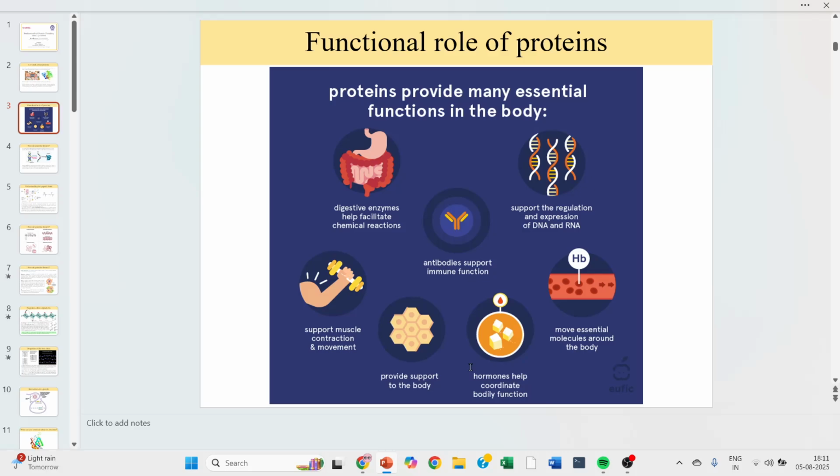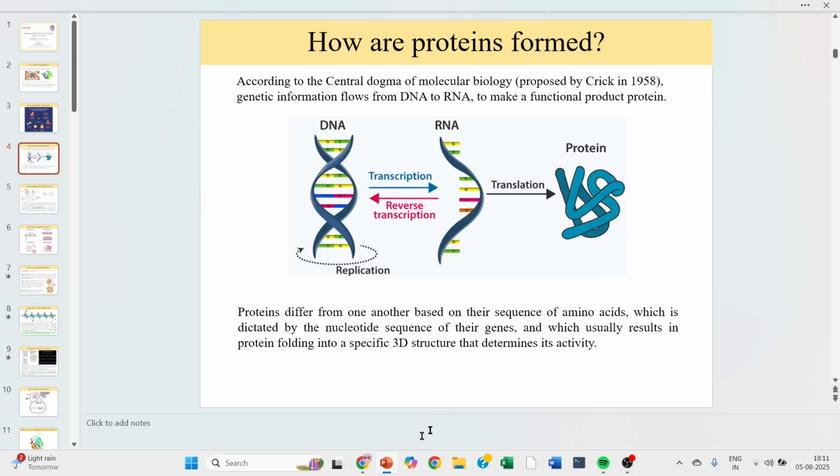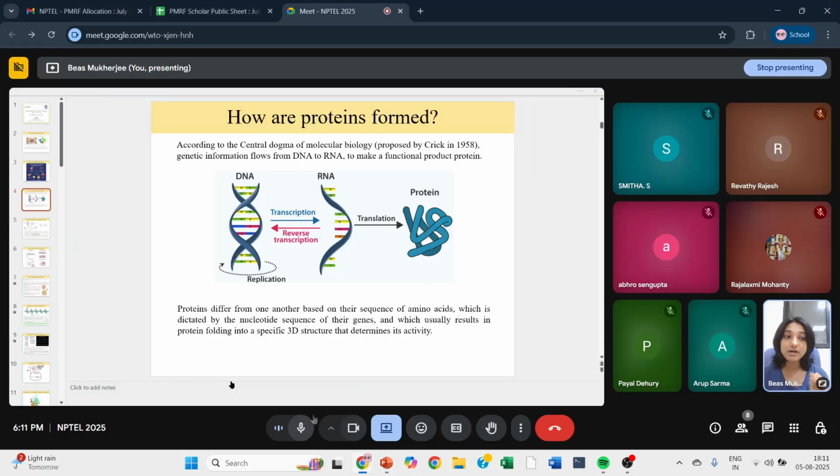This is something that we all agree with. So the entire immune system, a large part of it, is dependent upon proteins. Next. Right. Now you might have already heard about this. This is the central dogma of molecular biology. You tell me if you're not able to see any of the slides, because sometimes I will keep changing but you will not be able to see due to network issues. This happens a lot of times, so if you're not able to see, please point out.